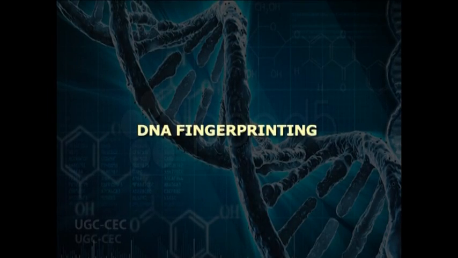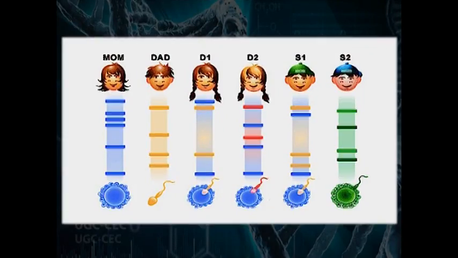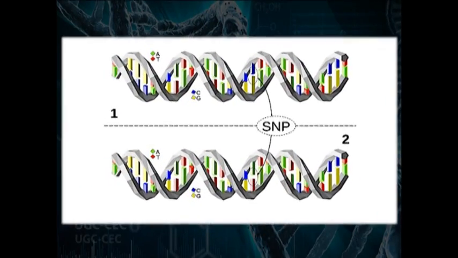Moving on to DNA fingerprinting. DNA fingerprinting, a technique developed by Sir Alec Jeffreys, is used to identify small differences in repetitive sequences of DNA. This makes it possible to distinguish between 2 samples of DNA and identify whether the DNA from a sample belongs to the individual in question. DNA fingerprinting is based on identifying polymorphism in certain sequences of DNA which uniquely differ from person to person.